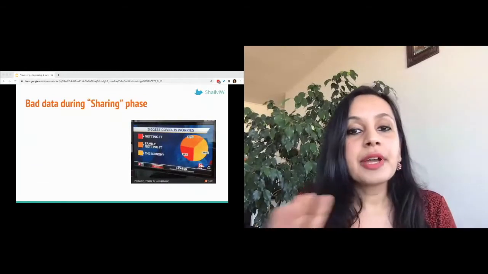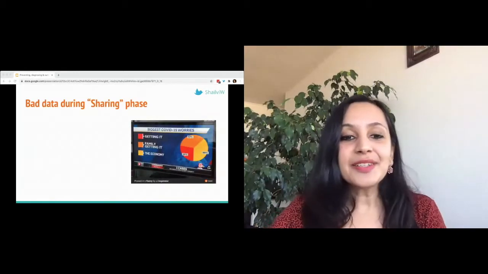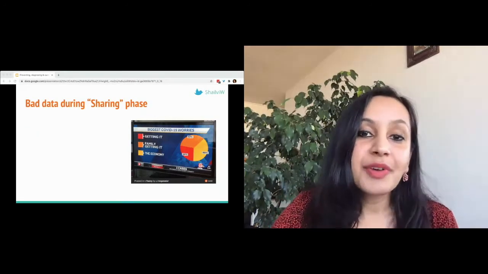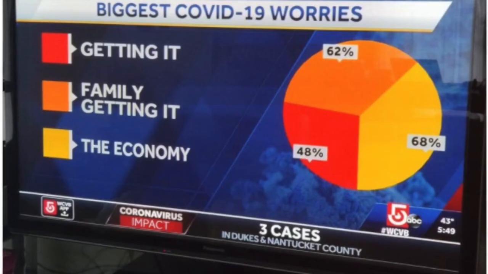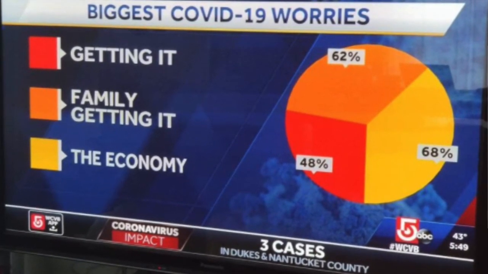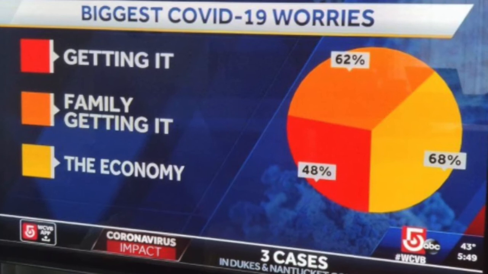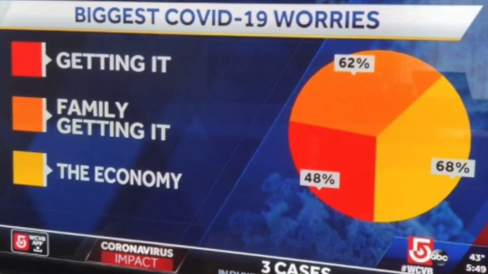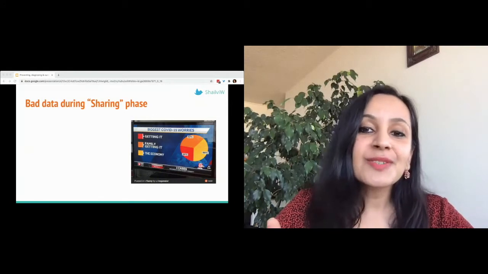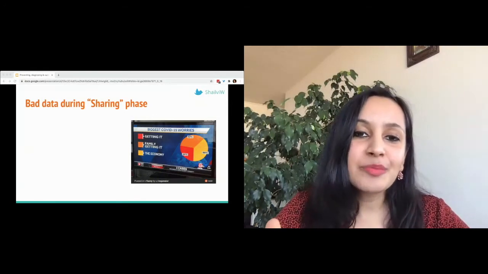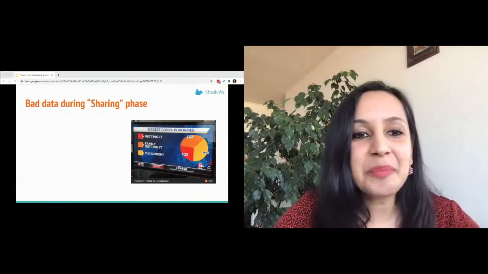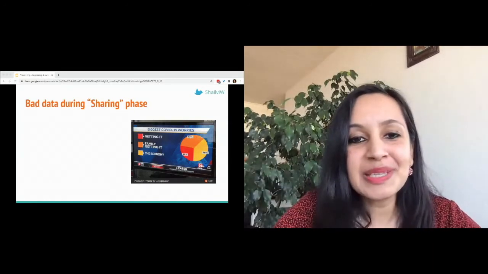And now to the final stage of the data lifecycle, which is sharing it. First, I'd like to draw your attention to this very real, legitimate chart that was used by ABC about what worries people about COVID. There's this whole fun color scheme going on that's just 3 shades apart. And the real genius is obviously a pie chart that adds up to 178%. I mean, who doesn't like pie with an extra 78% piece?